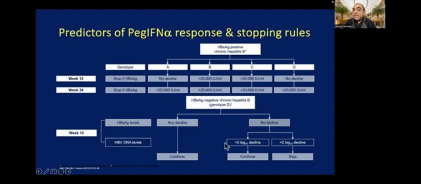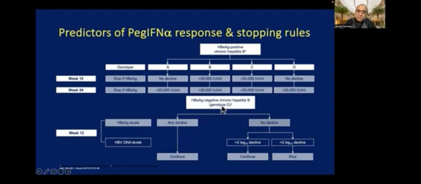If the DNA level is more than 2 log decline, you continue the treatment. But if there is less than 2 log decline, you stop treatment. Now this patient is not going to respond to your treatment. Understand? So suppose our patient is genotype D, she's HBe antigen negative chronic hepatitis, the probability is genotype D, and